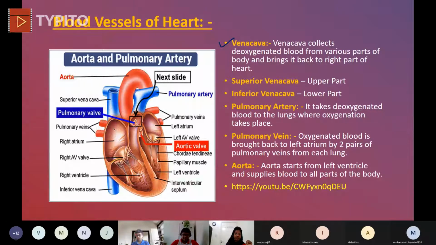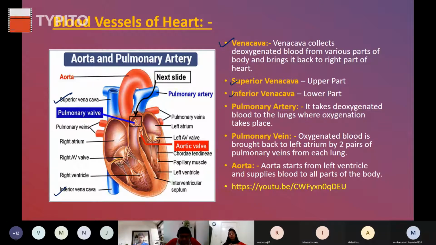Okay, now let us see the picture. This is the superior vena cava and this is the inferior vena cava, the two parts of vena cava. By superior vena cava, don't think it is superior; it is just a name. It collects carbon dioxide rich blood, deoxygenated blood, from the upper part of the body. Upper part means your head, your hands, and a little part of the chest and neck. From there, the carbon dioxide rich blood is collected from all veins by the superior vena cava.